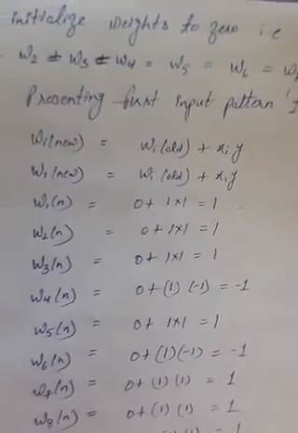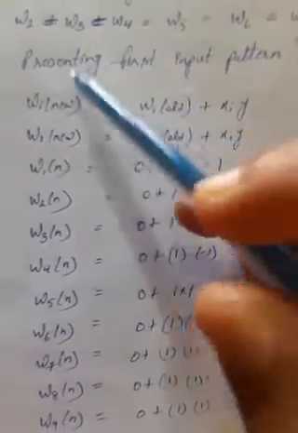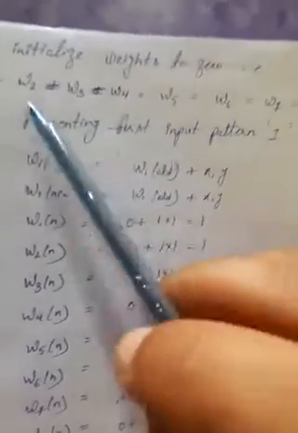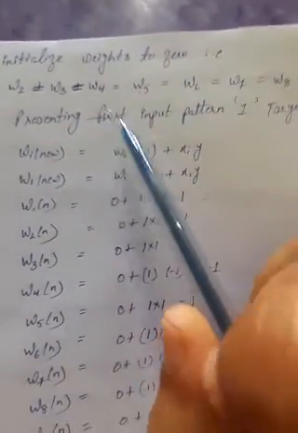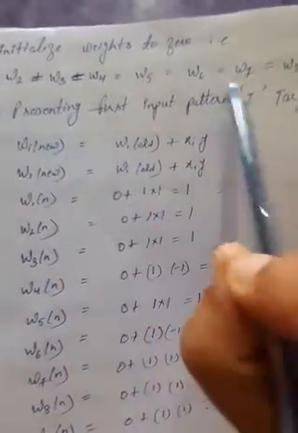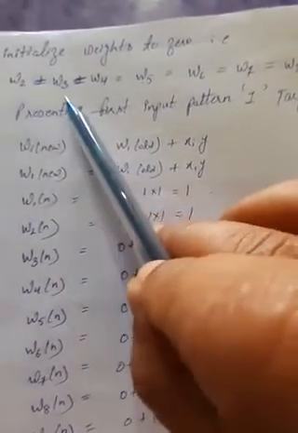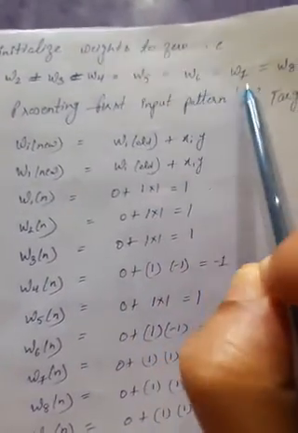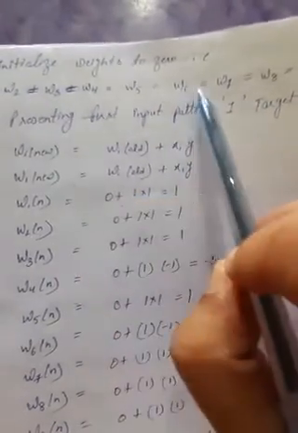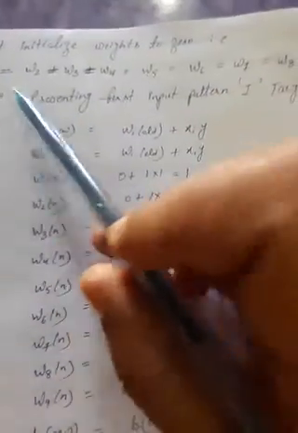Now according to the algorithm, the first step is to initialize weights equal to 0. So how many weights are there? For 9 input vectors, 9 weights are there, that is W1, W2, W3, W4, W5, W6, W7, W8, W9, including bias. We have to set the value of all weights to 0. Okay. Now see the case 1.